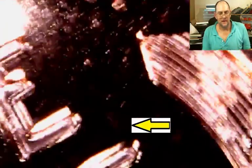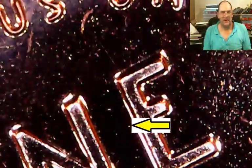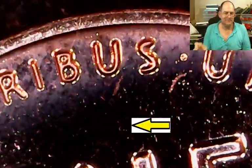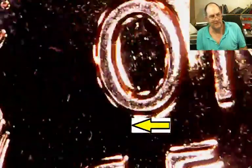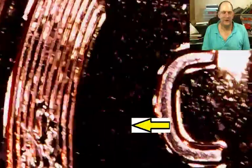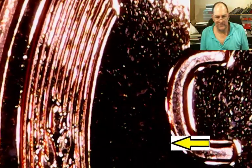Let's see, where's the scope? Ta-da! There's a proof. Now, a lot of these proofs, when you go back 100 years, they made 1,000 of them. Right? Nowadays they're making, what, 1 million of these. In the 80s, they were doing 3-4 million of them. 1976, what'd they do? Like 111 million? That was a lot. But the rarity helps with identifying these proofs, because when you only have 1,000 of them made,